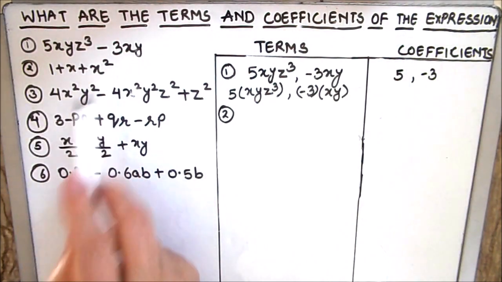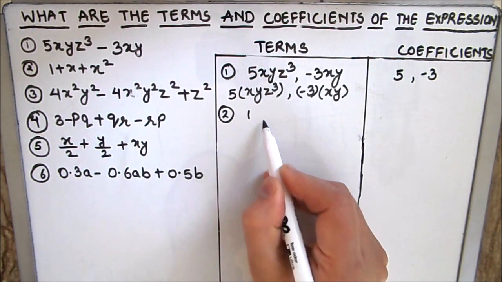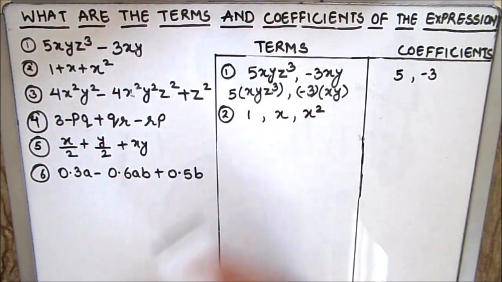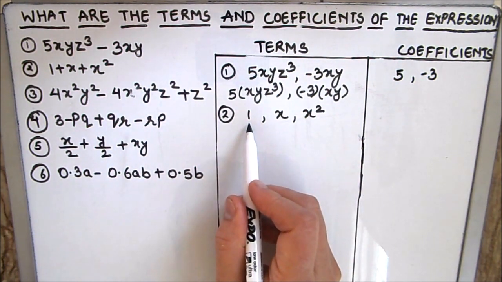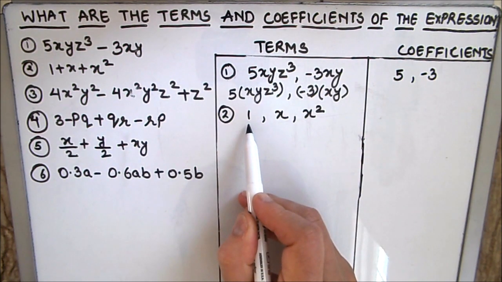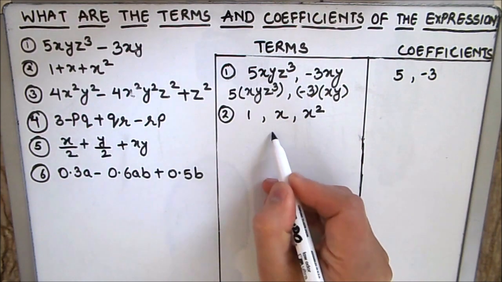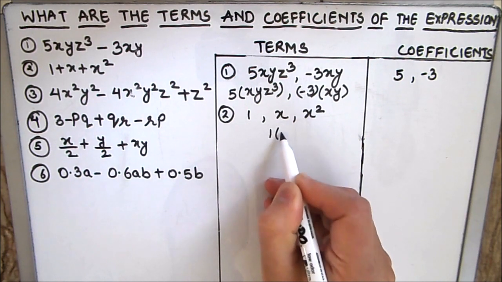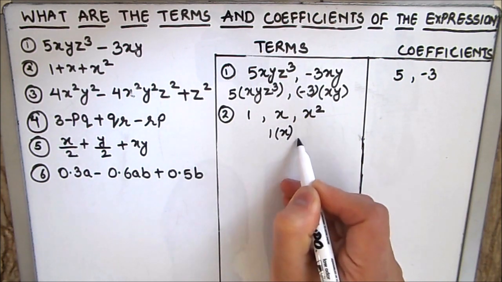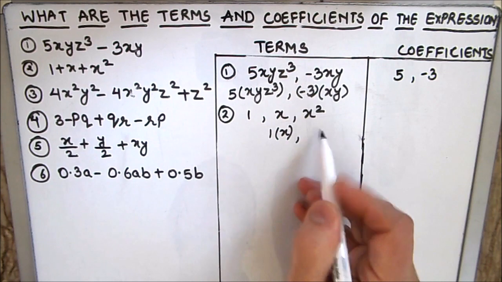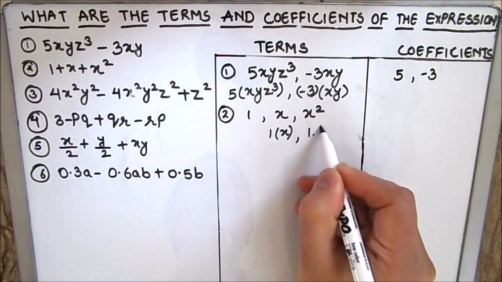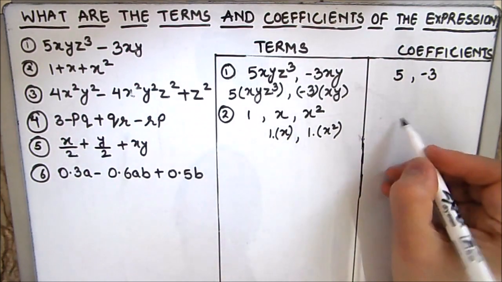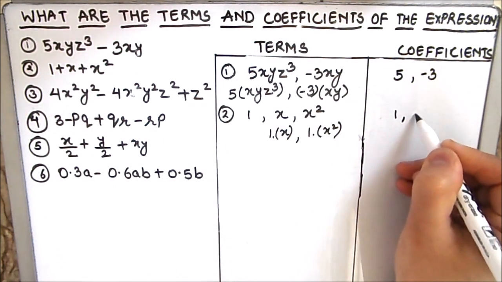Now let's take the second example here. So we have three terms. The first one is a constant 1, the second one is x, and the third one is x square. As the first term is a constant, there is no coefficient in the first term. The second term here is x, which can be written as the product of x and 1, and the third term is x square, which can also be written as 1 times x square. The coefficients here are 1 and 1.